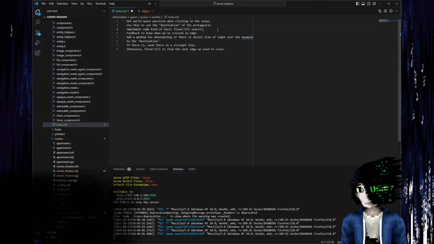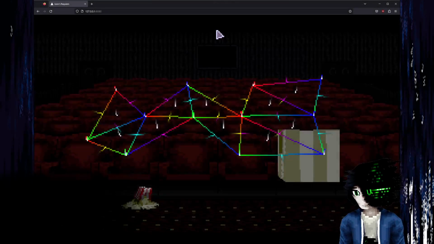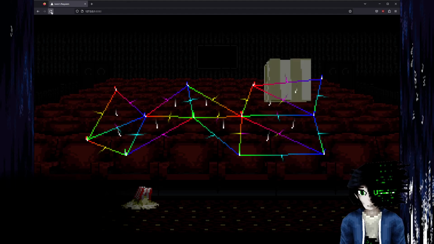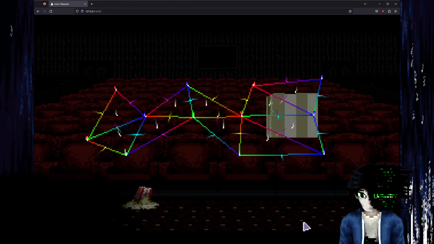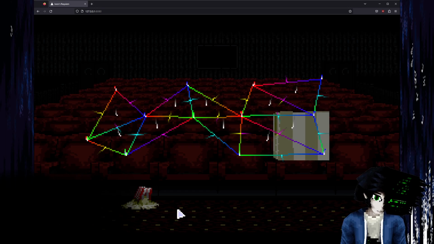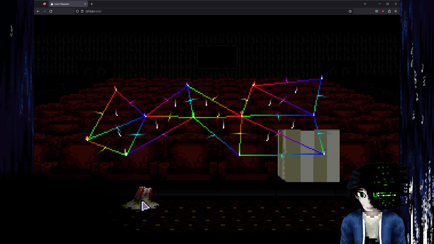So the way this is going to work is, let me just bring this back in, say the protagonist is here. It would check whether there's basically a straight line between where it is and the destination. If so, it walks there. Otherwise,